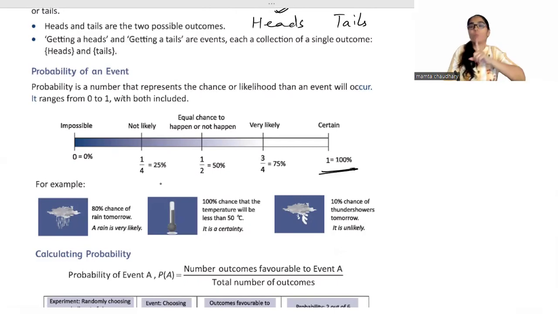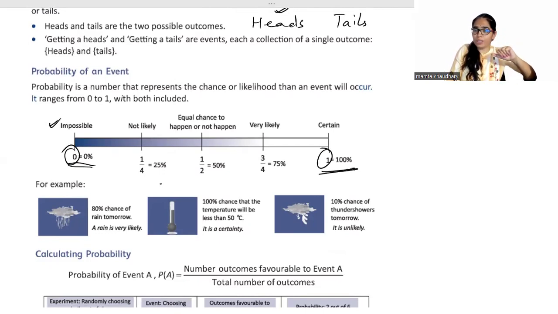So the probability is 1. Now, tomorrow morning the sun will not rise. Is it possible? No, it's impossible. An event which has 0% chance of happening has 0 probability. It means for an impossible event, we have 0 probability. So basically, you can see probability lies between 0 and 1. If I ask you what is the smallest probability? 0, highest 1. So the range of probability is always 0 to 1.